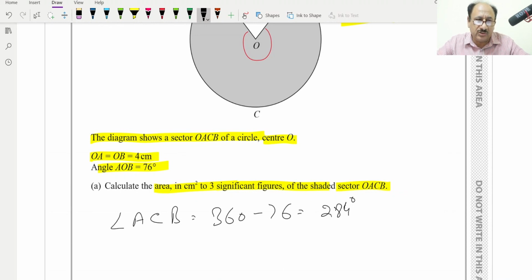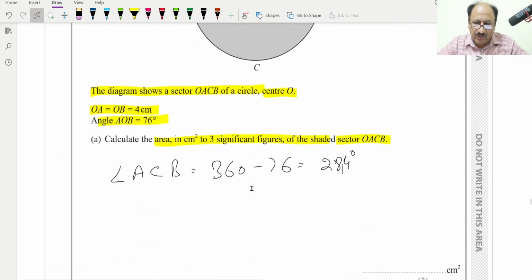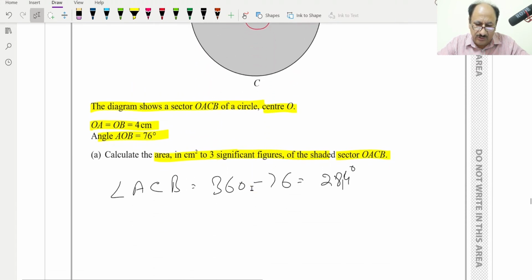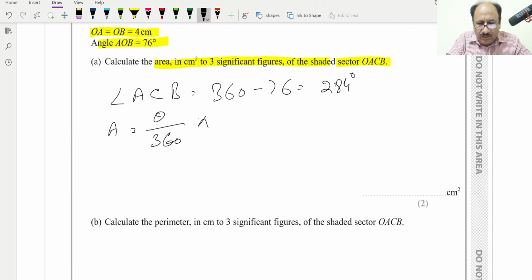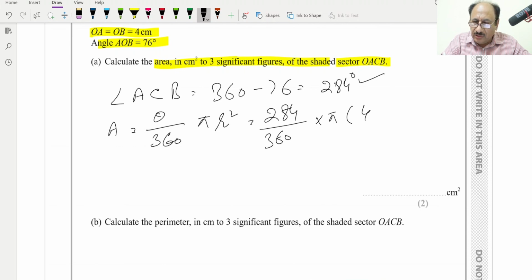After calculation of this angle, now area is easy. We have radius value 4 centimeters, so we will apply the area formula, and we know area is equal to theta over 360 into pi r squared, and theta we calculated as 284, so 284 divided by 360 multiplied by pi into r square, meaning 4 squared,